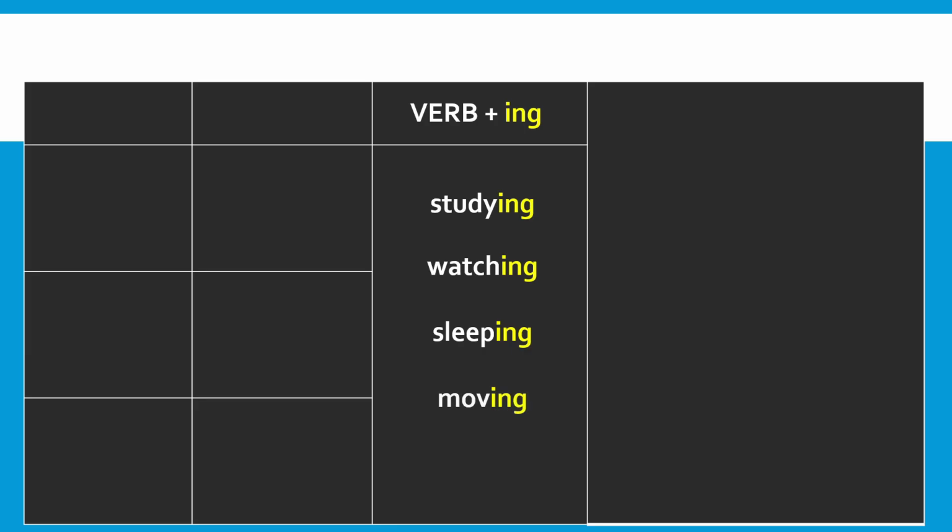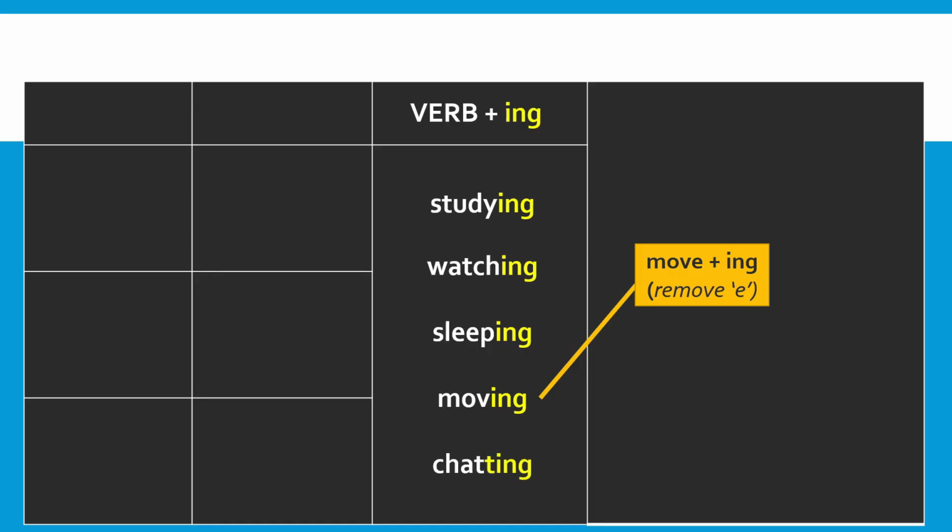Now, let's take a deeper look at the characteristics of present continuous. As I said earlier, we will need a formula of verb to be with verb plus ing. In present continuous, there are only three types of verb plus ing. The first one is you just add ing after the original spelling of the verb itself. You will just need to add ing at the back. However, there are a few special cases such as moving. We know that moving comes from move. Move ends with the letter E, and when we change into present continuous, we will need to remove E and add ing. Hence, it becomes moving,